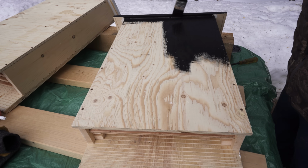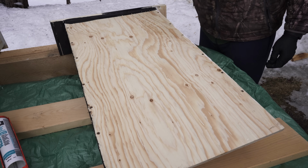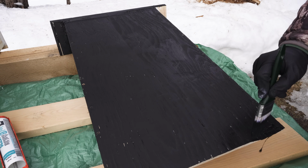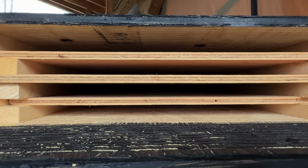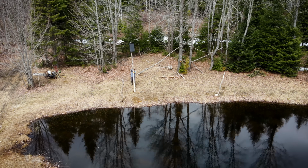To address all of these potential issues, I stained the new boxes months in advance and let them sit outside. They don't have any ventilation slots, and I just left the roof as is. I made 1 box with 1-inch slots for the big brown bats and another box with 3/4-inch slots for the little browns. I set up one by the forest pond, which is where I saw our only bat last year,